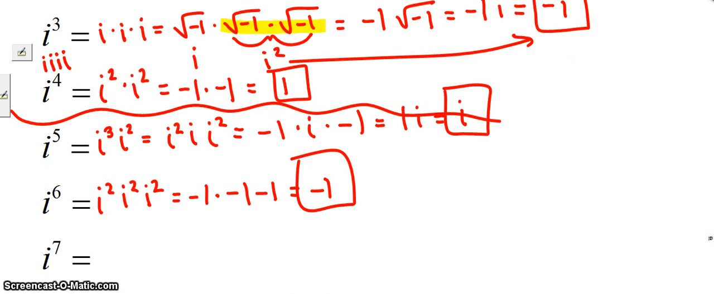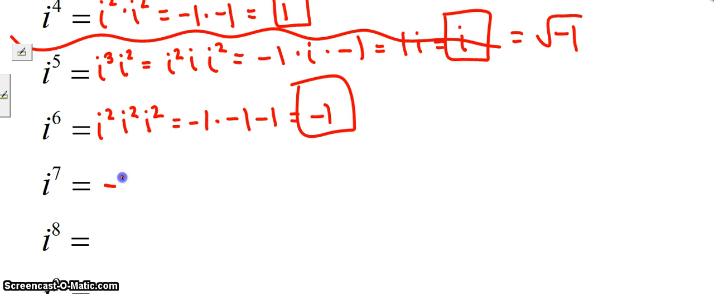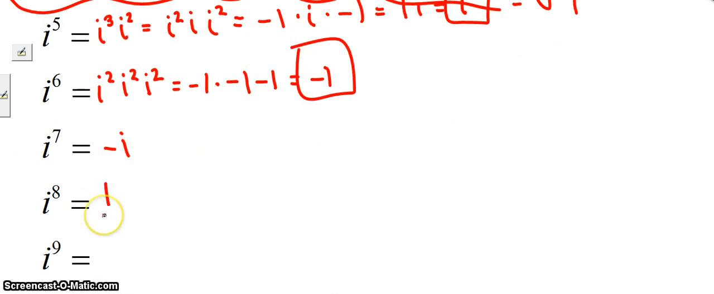I have i, which I could technically write as the square root of negative 1. Then I go to -1, then I go to negative i, and my last one of the order would be 1. You can go through and solve these and check that that's true, but this pattern is going to repeat